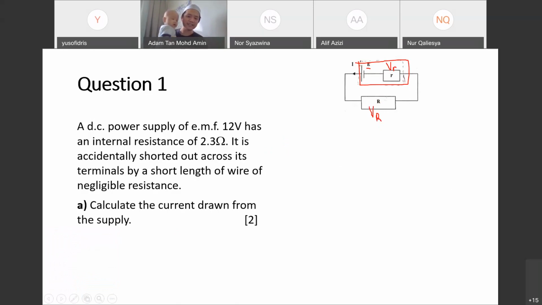So now the question is asking, calculate the current drawn from the supply. So we can actually calculate the current drawn from the supply because they ada internal resistance, although they short circuit. Okay. So the of the current, kalau kita ada